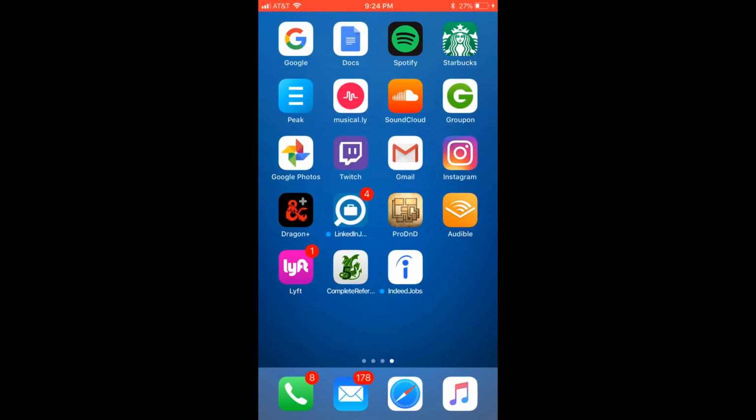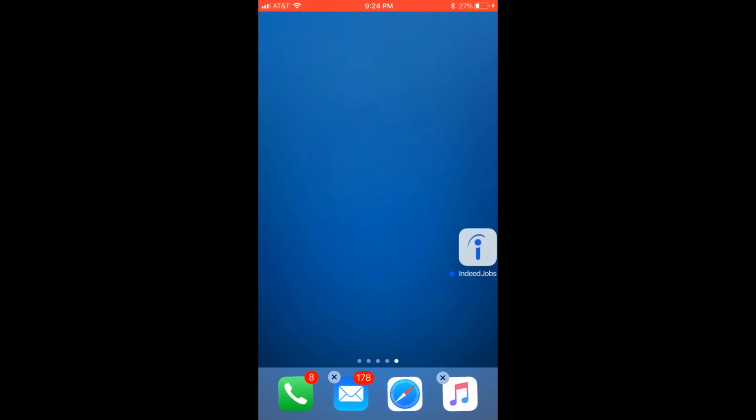Step 2. Hold your finger against that specific app until all of the apps on your device's home screen start to wiggle. Step 3. Press your finger against the app you want to hide until it grows slightly larger than its normal size. Step 4. Continuing to hold your finger against the app, move the app to the far right side of your device's screen. The app will move on to the next screen.